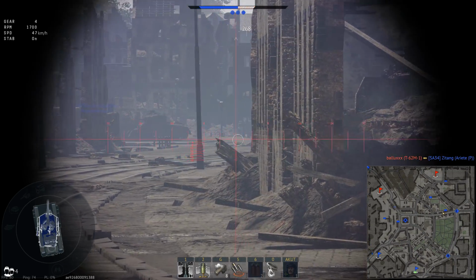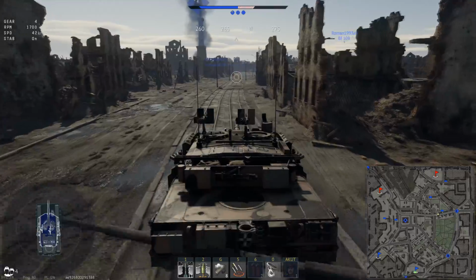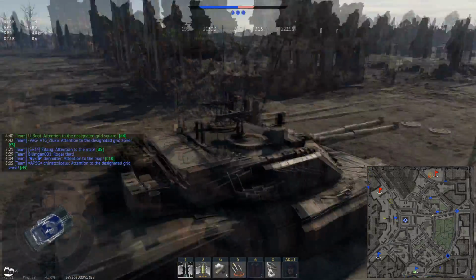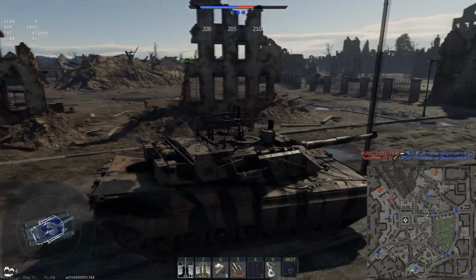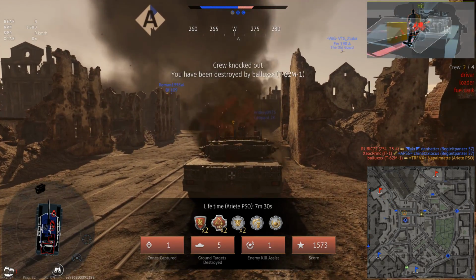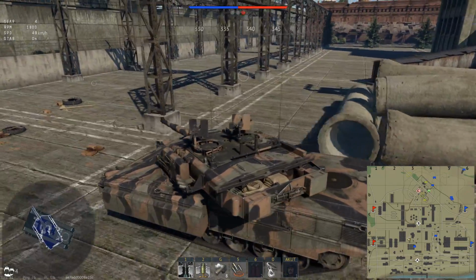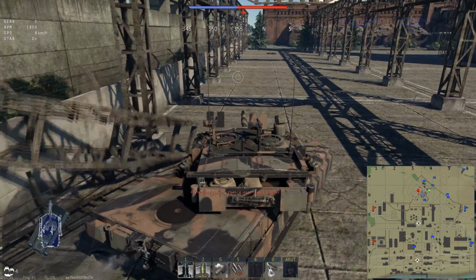And then as a tier 4 upgrade we get the CL3143 AP-FSDS round. 1705 meters per second muzzle velocity and 625 millimeters of penetration, and even at 2000 meters we're still looking at 575 millimeters of penetration. That is quite impressive. Just how I screwed up that shot, but you know, screwing up a shot is something that I can do